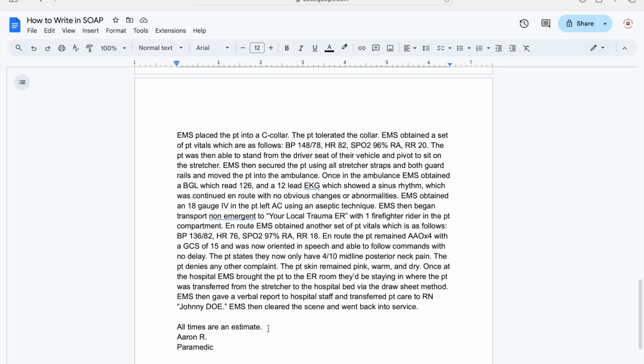Something as little as your cardiac monitor being off by a few seconds or by a couple minutes. When you upload everything to the cloud and then to your PCR, that time difference will be reflected in your PCR, and then that'll throw off your times as well. And so just to help cover myself and to help explain all of what I just said, I just put in all times are an